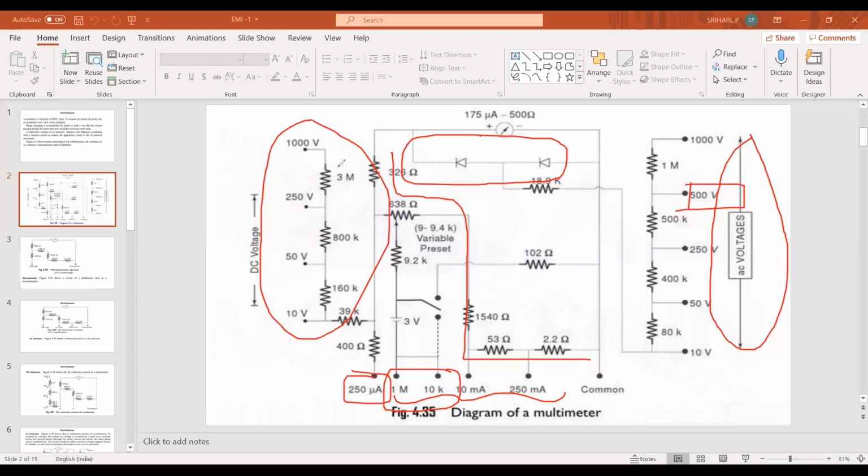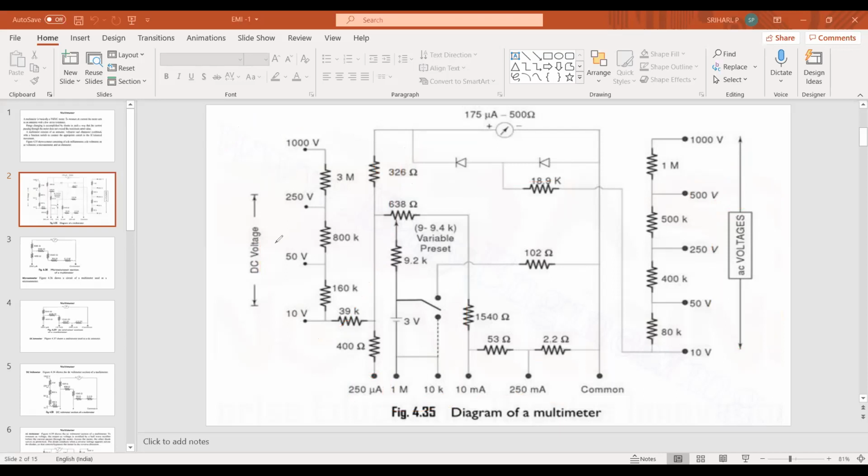In this way we need to memorize all the components, and we can draw each and every unit by knowing this one diagram. By knowing this diagram, we can split it up and see the function of each and every component in this circuit. By dividing the entire circuit into small parts, we will understand the working of each part.